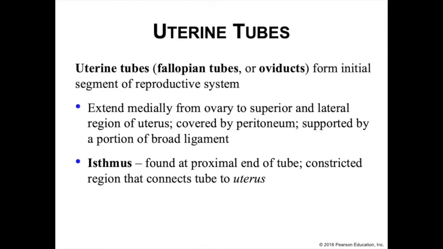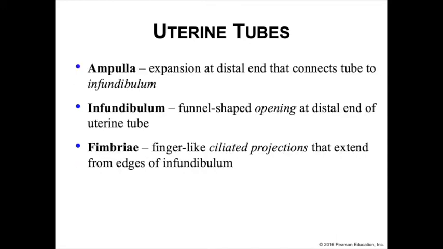Uterine tubes, or fallopian tubes. A lot of times we use fallopian tubes; either one is fine. These are going to surround each ovary, and they have several different sections. The isthmus is found at the end of the tube. This is the part that connects to the uterus. The ampulla is at the other end. The ampulla has a kind of funnel to it called the infundibulum, which has little fingers called fimbriae. These help to sweep the eggs, or ova,